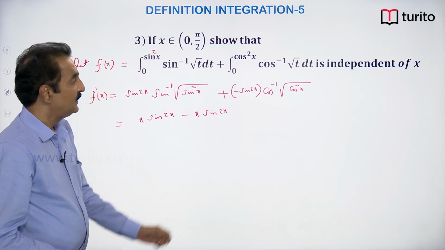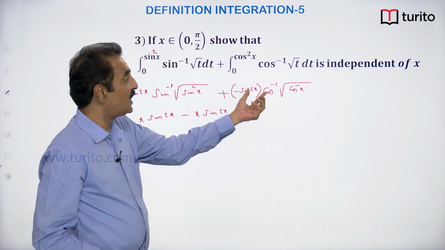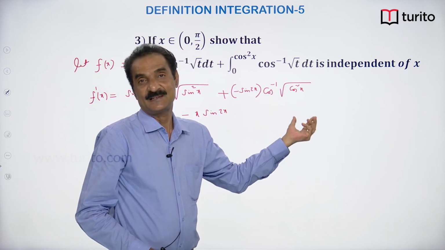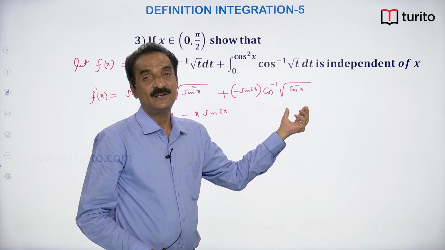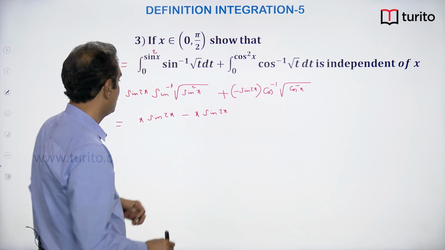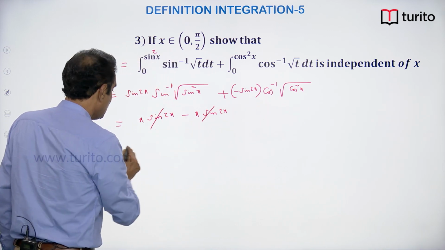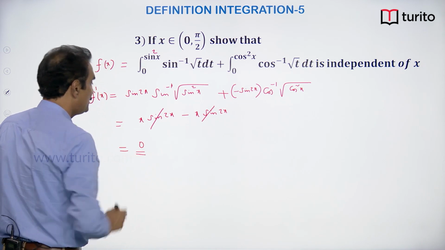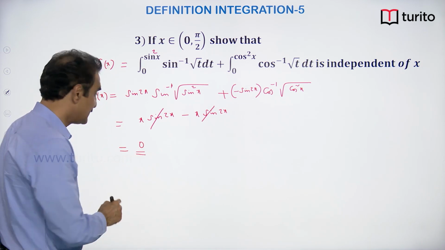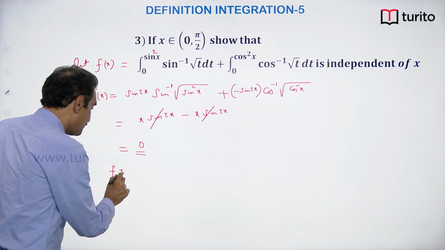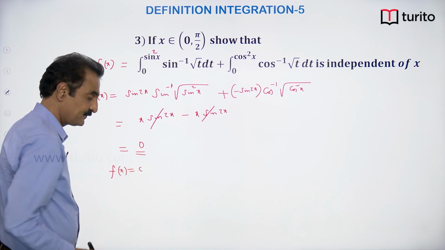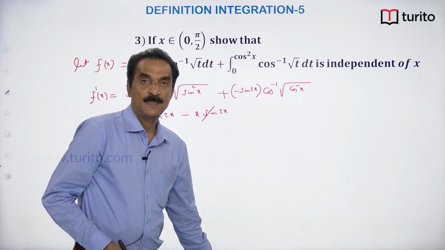In the interval 0 to pi by 2, cos inverse of cos x is x, not for all values of x. Now these two will cancel, f dash x is 0. Therefore, f of x is independent of x. F of x is a constant. Next,